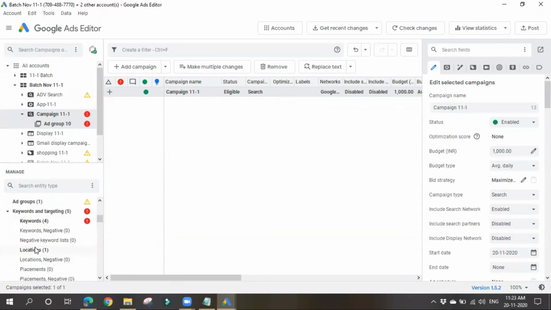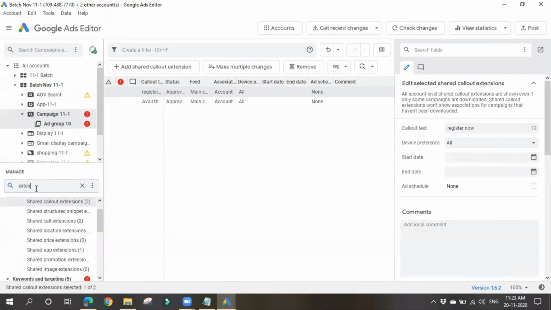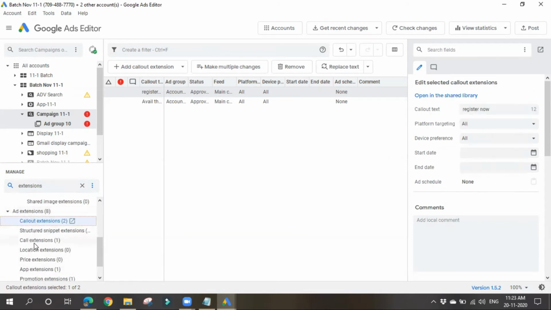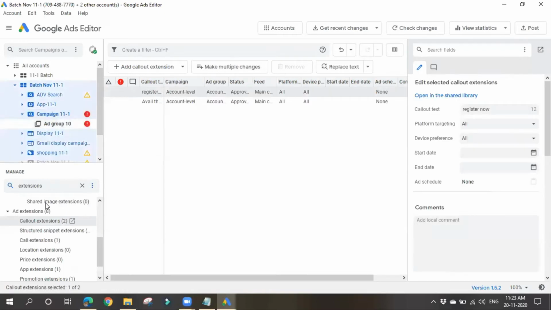You have seen, right? So let me go for extensions. Let me search here. See, sitelink, callout extension. There are various things. Okay, add extensions. I'll click here. Campaign limit one. I must have added some extensions directly at the account level, so let me choose this. At account level, I'll go for add extensions.